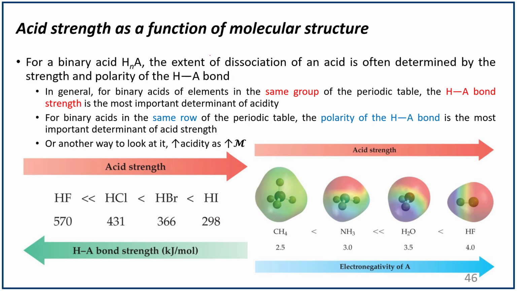So now we're going at the more qualitative part of this chapter. We're actually looking at acid strength, or acidity, as a function of molecular structure. You will be doing this a lot in organic chemistry. You will be looking at Lewis structures of compounds and then from there predict which compound is more acidic over the other. But for 106, we're only going to look at three different kinds of acids: binary acids, oxoacids, and